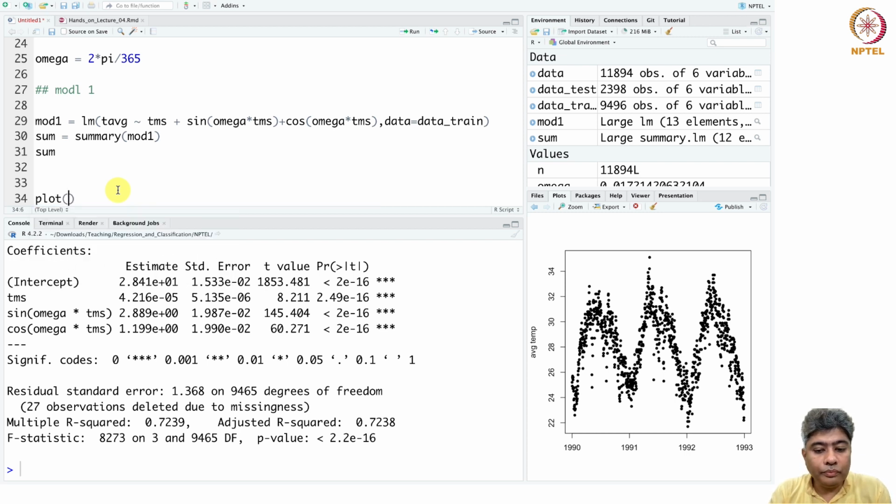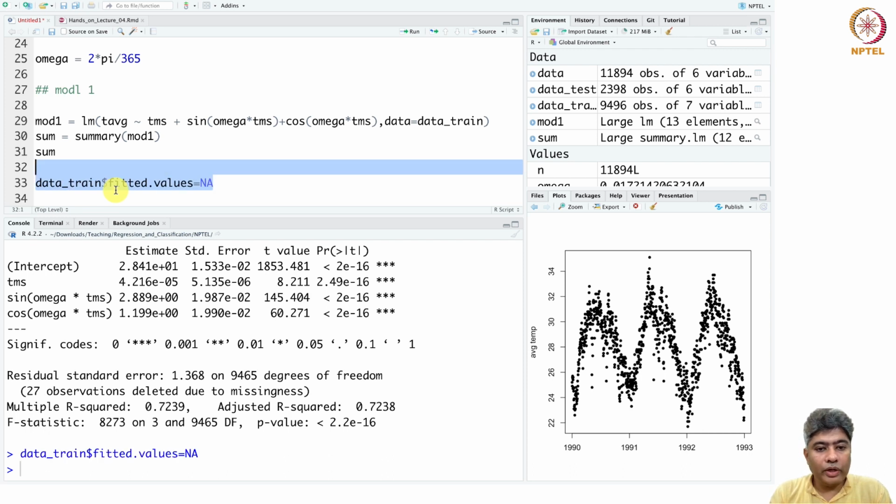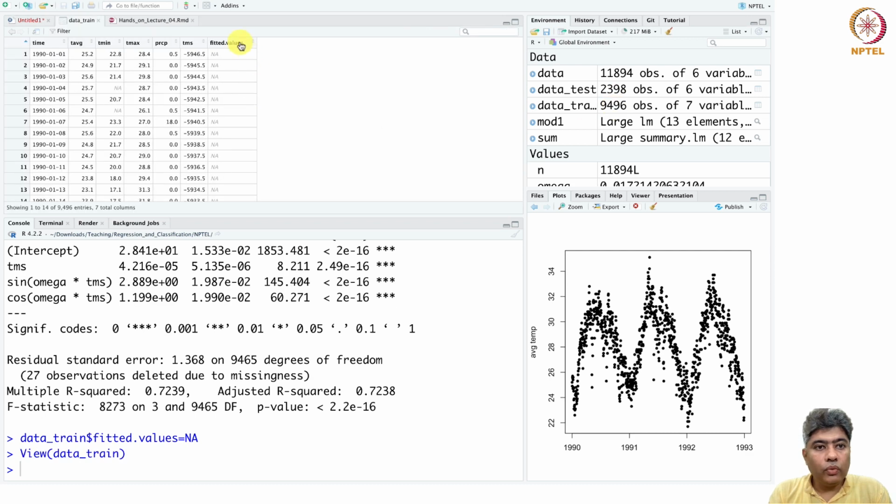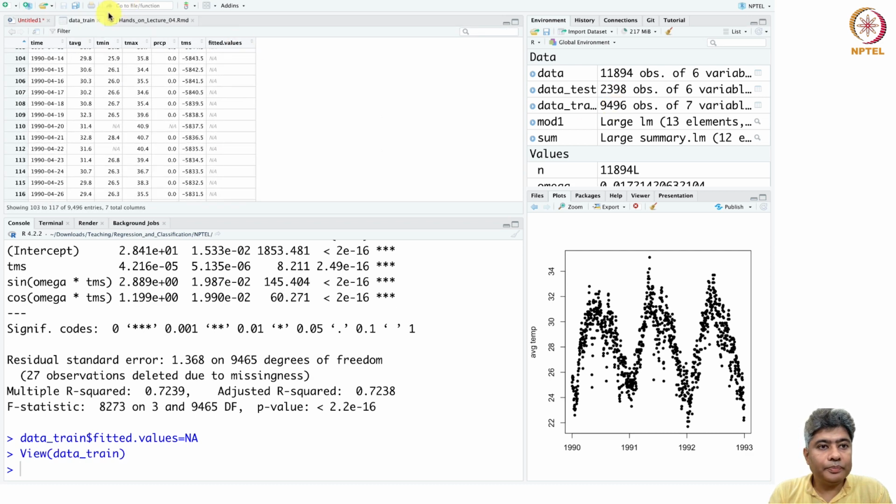So before we plot, in the train data we will take the fitted values equal to NA. We are creating a new column with all NAs,